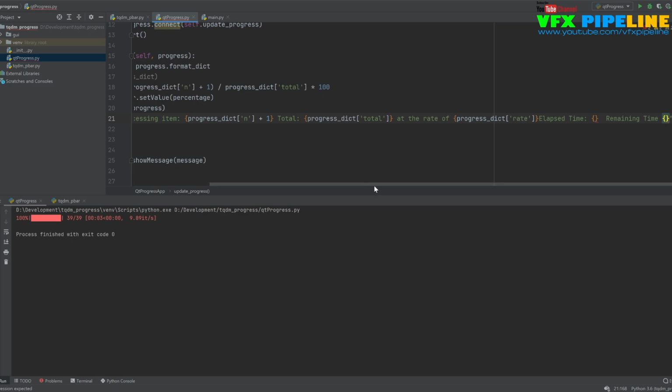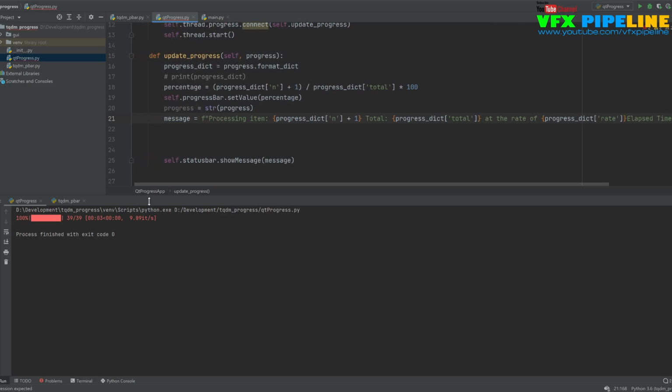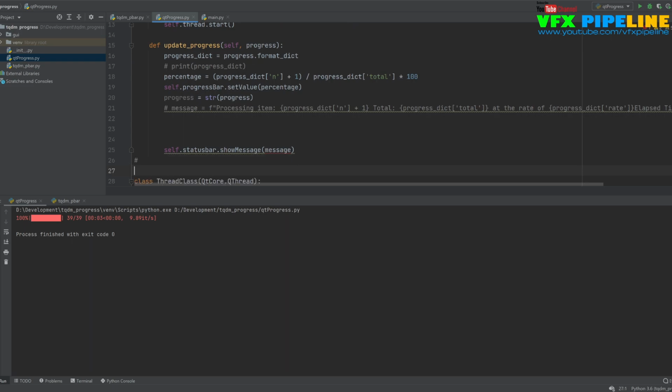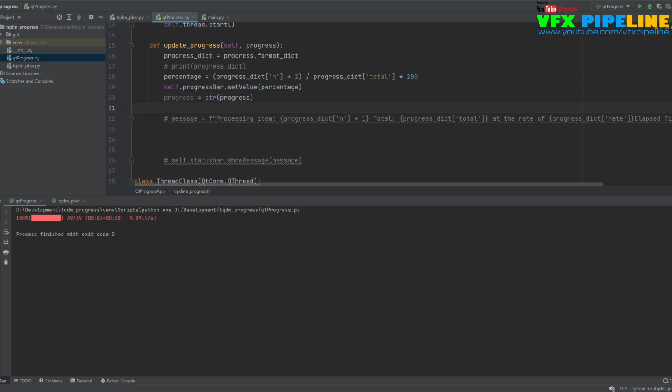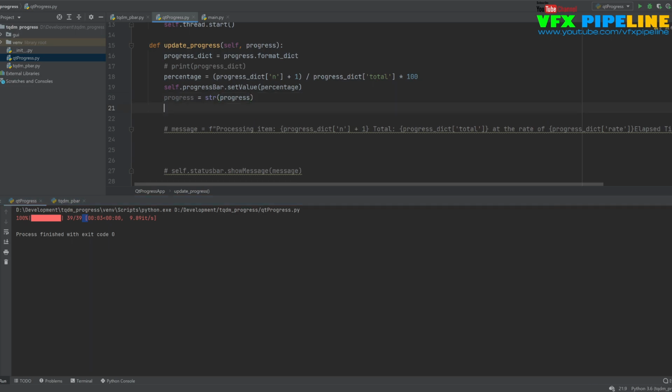calculate this from this value, because right now estimated time and elapsed time is not available in this format dict. I already tried to find that, but it's somehow not available. So what I did is I just simply split this message and got this number. So I split this by this. So let me get the number. So basically time start, not this, it's like elapsed